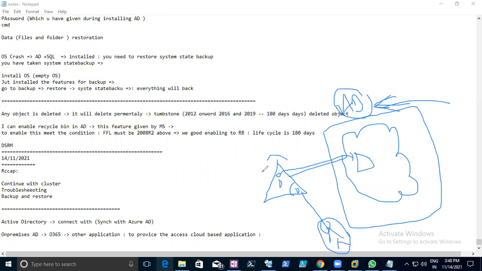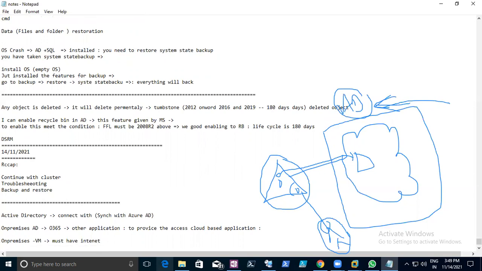To do that, in Active Directory, the first part is that your machine on-premises, your VM, must have internet, right?